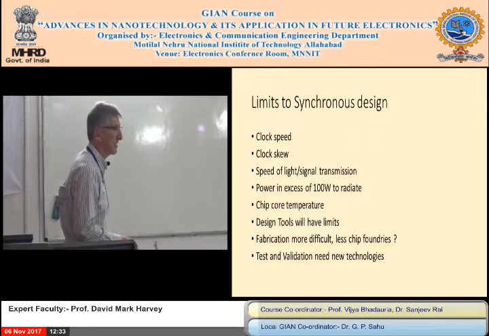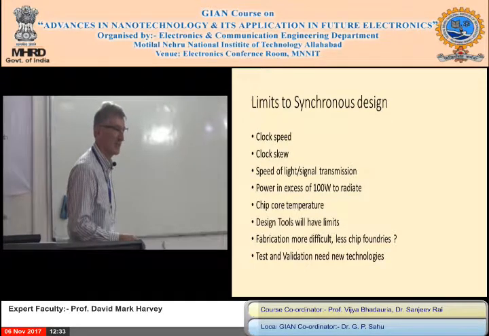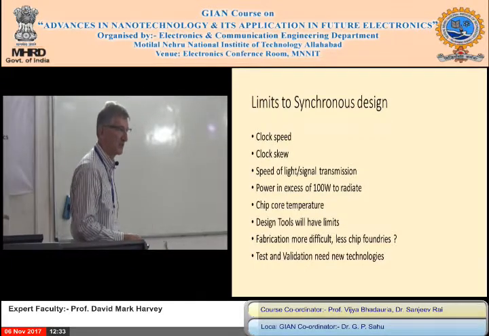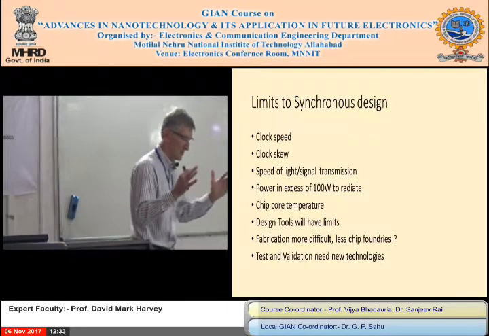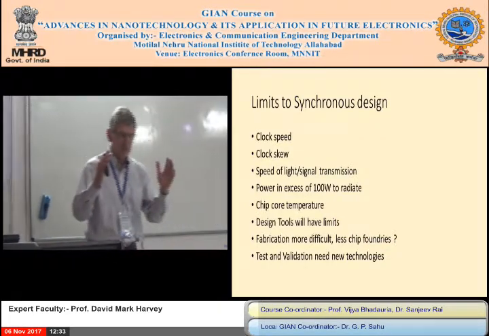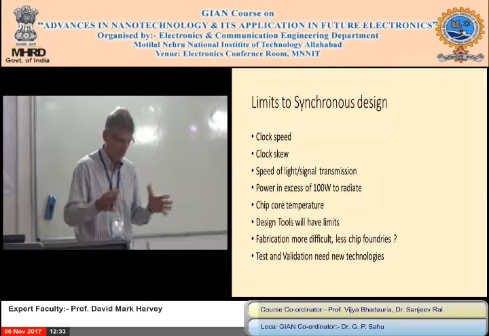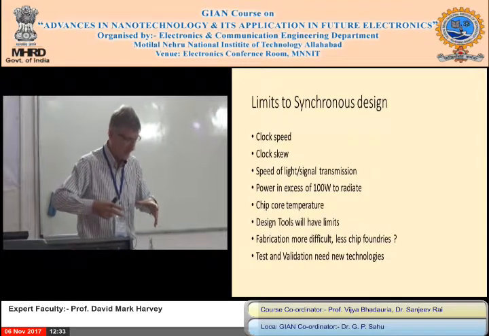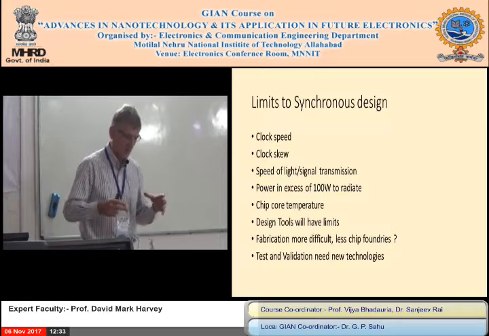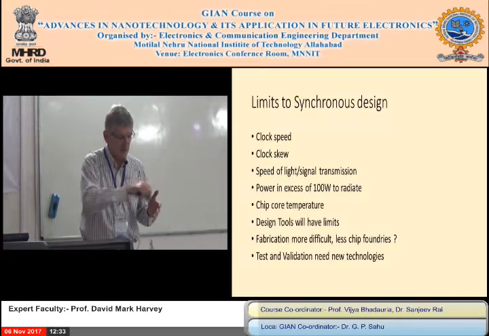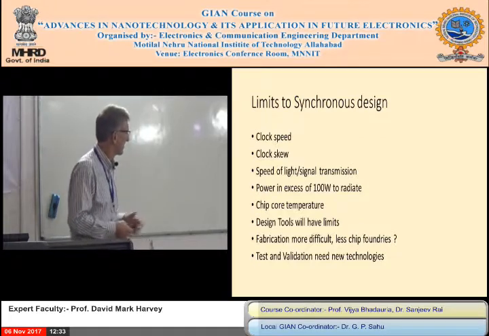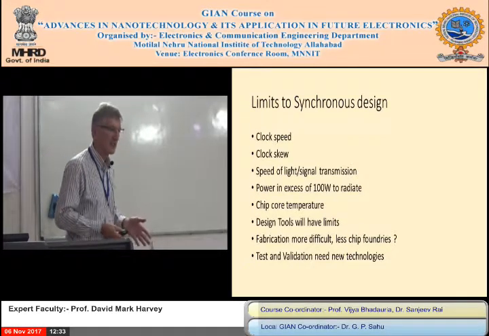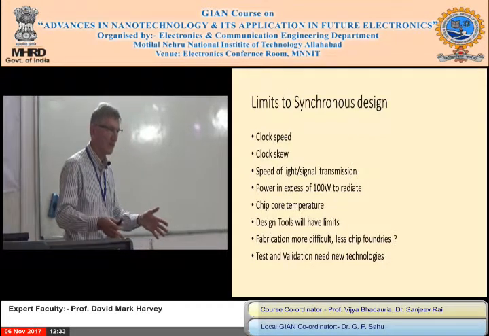And fabrication, how would you make these chips? 10 nanometer chips, and now we've gone to 30 centimeter wafers in some of the fabs, so the wafers are disks. So you're going to make a number of silicon die or semiconductor die on the wafer, and you're going to put all these different designs down, probably the same design of chip. It's very difficult to make that.